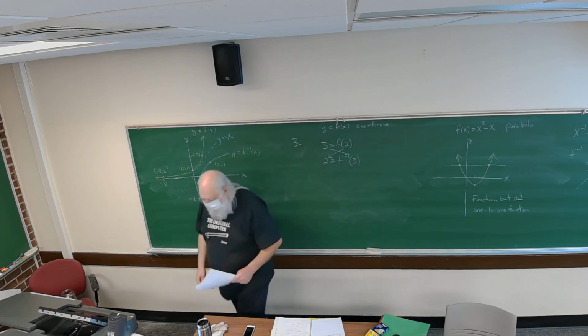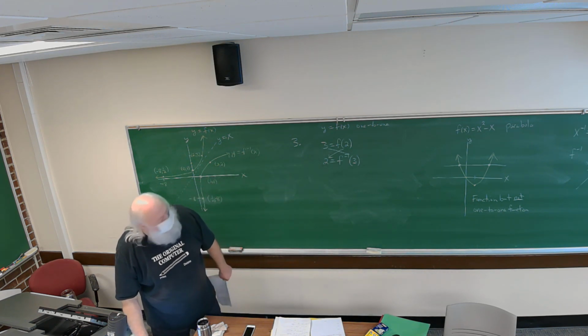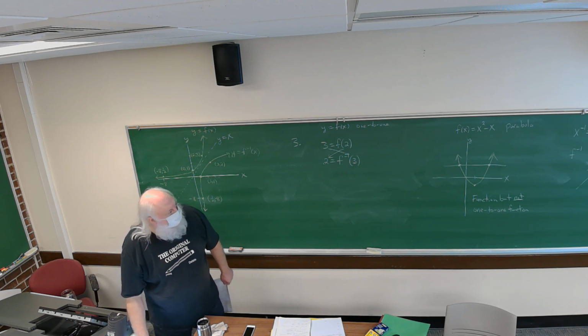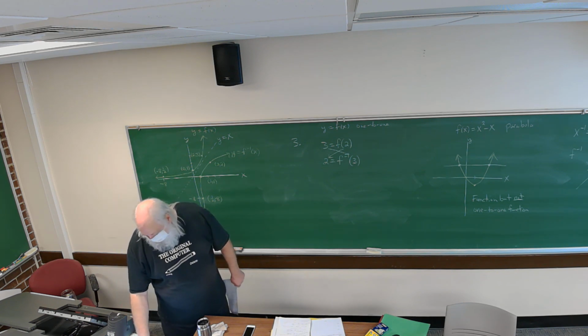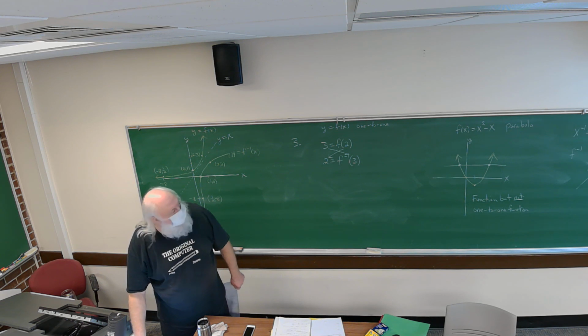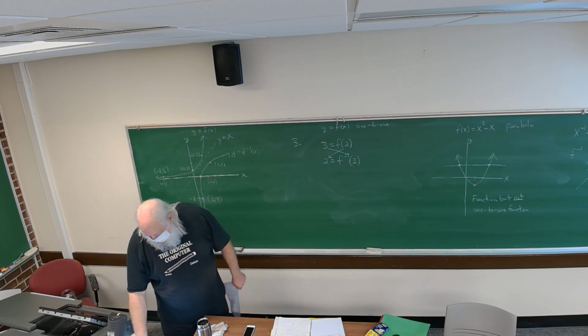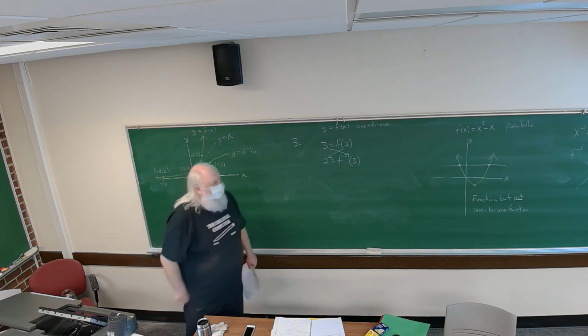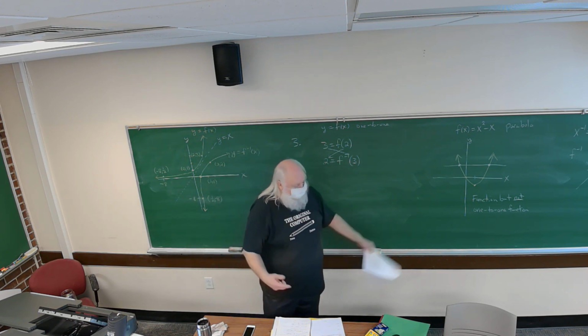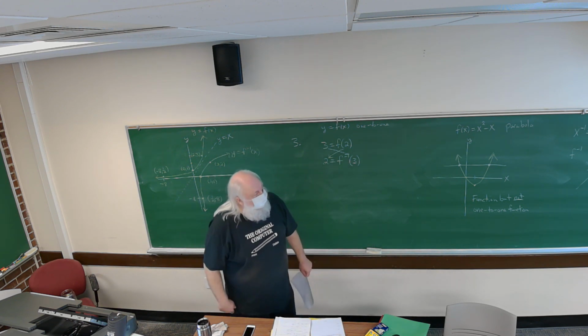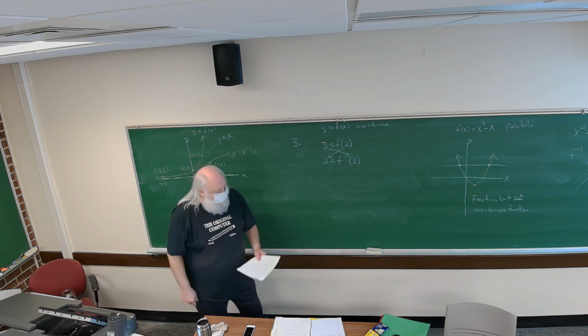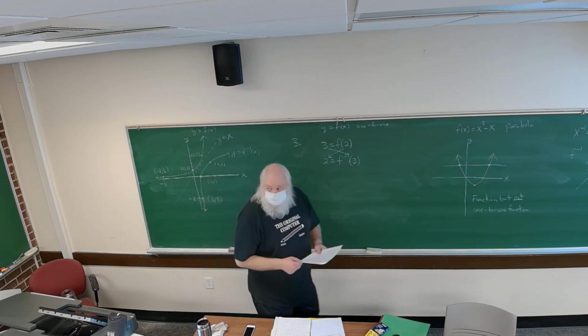And then number 5, to verify that the inverse function, f inverse, is the inverse of f, the composite of the inverse function with the one-to-one function f, you just end up with x. Okay? And that's true for f inverse of f of x and f of f inverse of x. That's how you can demonstrate, given two functions, whether they're inverses of each other or not. Okay? So in example 2,